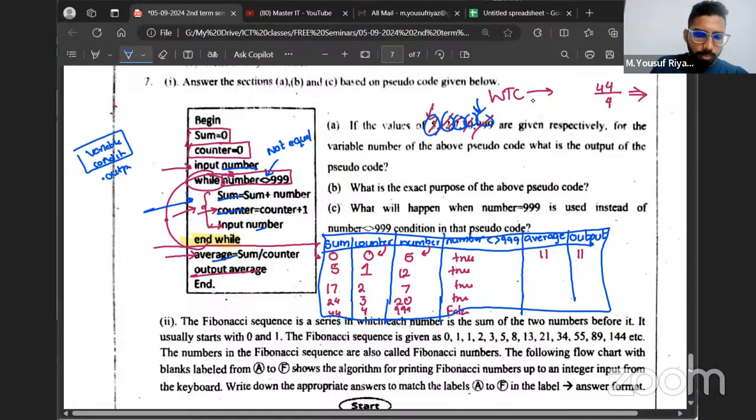For the average, one purpose you can say is to find the average of 4 numbers that are not equal to 999. You can say the purpose is finding the average of 4 numbers. So finding the average of numbers